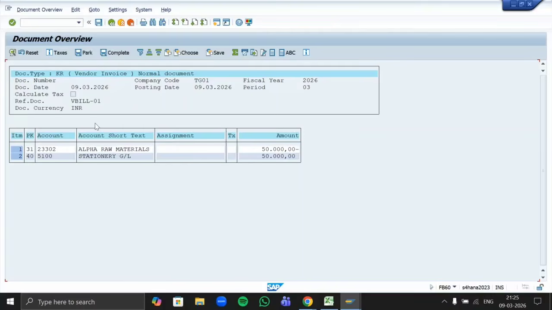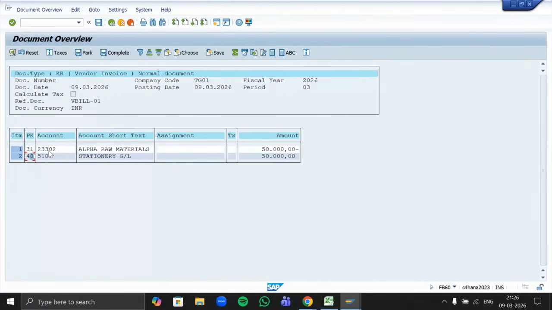Now comes posting key. Earlier we have seen posting key, right, while doing the GL posting. At that time we have seen 40 and 50. Then while doing the customer postings, at that time we have seen posting keys as 0, 1, 15, 11 and all. Now once again posting keys are getting changed. For what is it changed? Only for your vendor account. So whenever your vendor gets credit, posting key will be defined as 31. But if any GL gets debit, posting key will be 40.